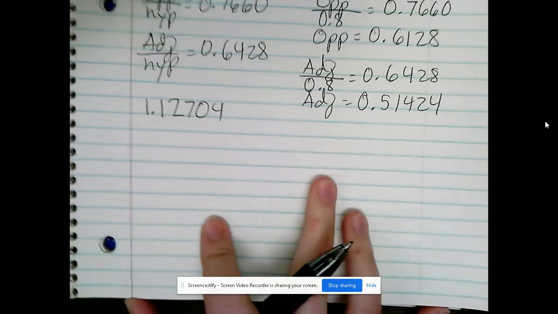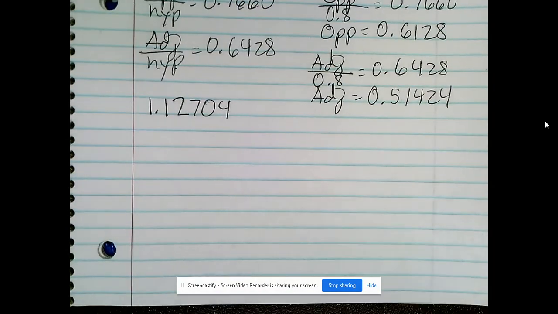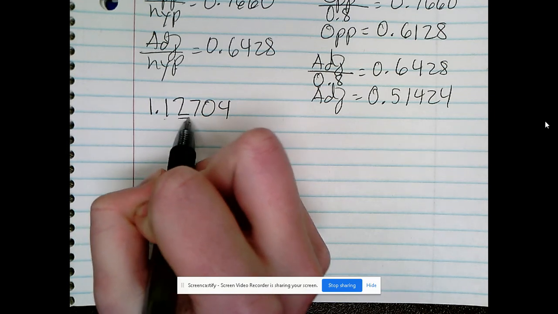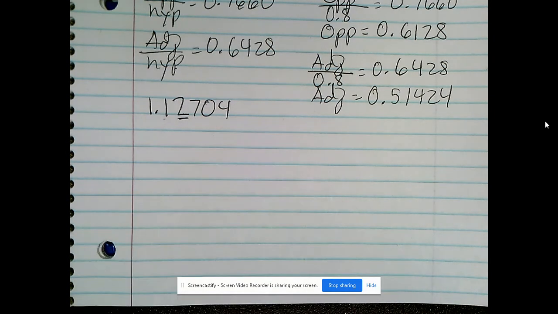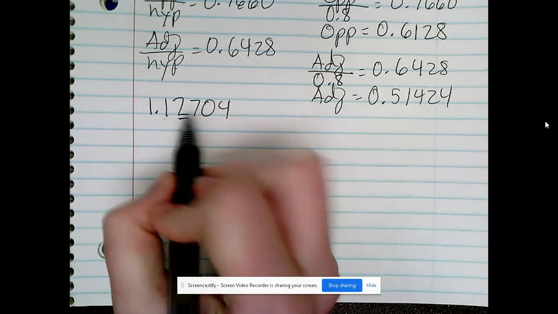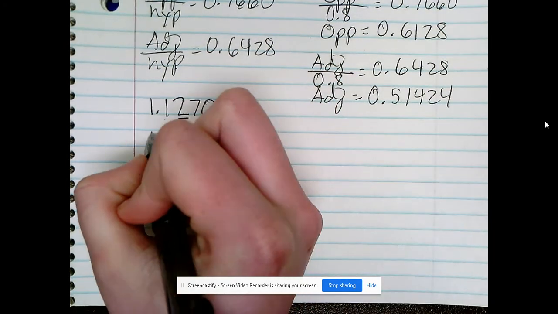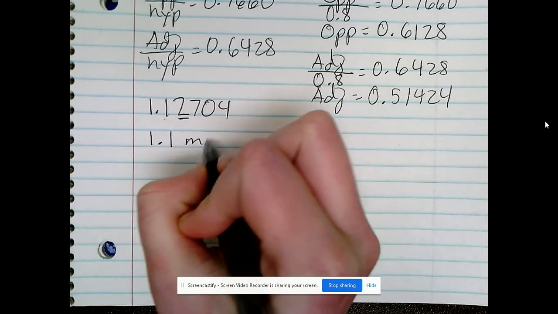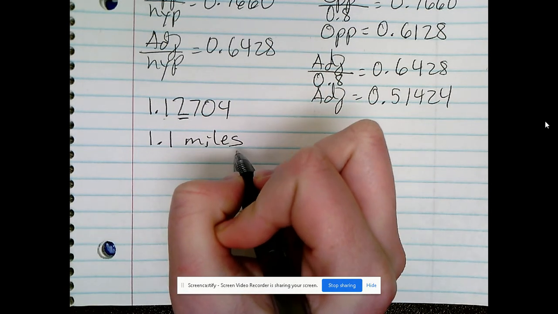which is definitely not one decimal place. So we're going to round to the nearest tenth, because that's what the question asked us to. When we're rounding to the nearest tenth, we look at this place. If it's 5 or greater, we round up. If it's less than 5, we round down. 2 is less than 5, so we round down, which means it's 1.1 miles, correct,